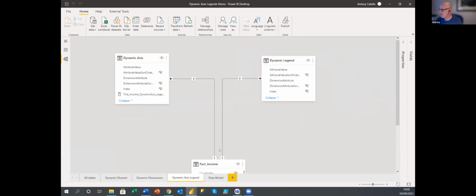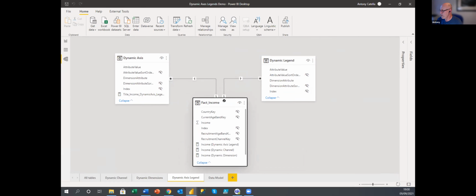And so what you end up with is a fact table, and you have your two dynamic axes linked to your fact table, matched on the index ID that we created in the fact table. Now, again, we've got the situation where the direction of the relationship, the filter direction, is one to many from the fact table to the two dynamic dimensions. So what I ended up having to do was to use cross filter again, but use cross filter twice within the actual measure itself. So if I go to the